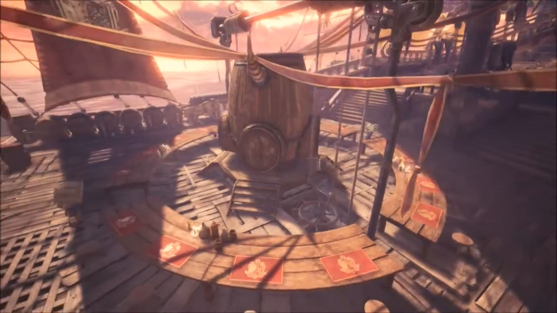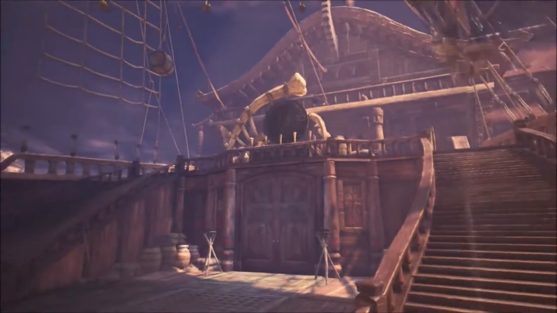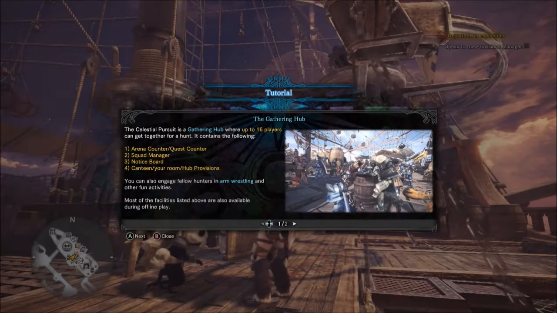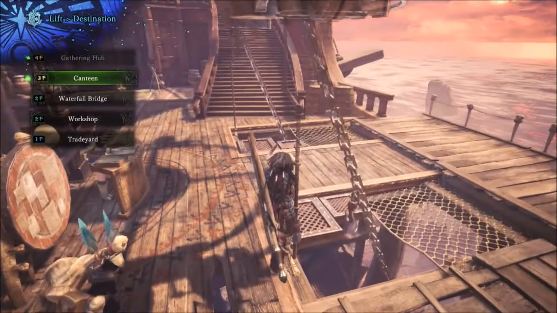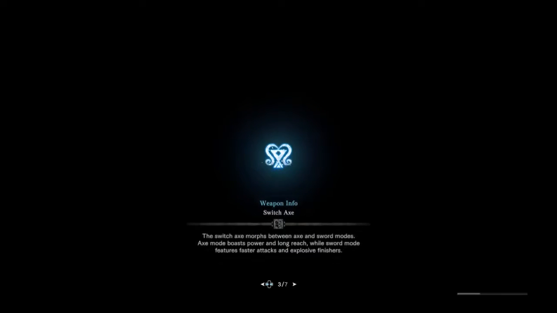Oh, I think this is a totally different place than I was thinking. Yes, it is. Yeah, well. The more you learn. I'm still learning the hub world anyway. The gathering hub. Oh, this is where you, yeah. Not where I meant to go, but whatever. The trade yard is where I think I should have gone. And all these give you like little...